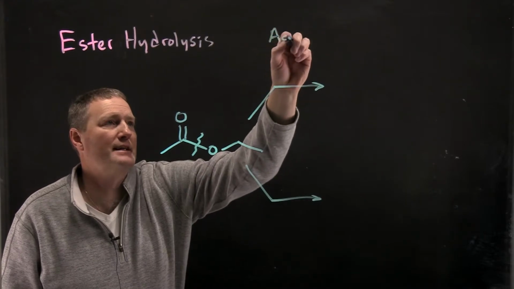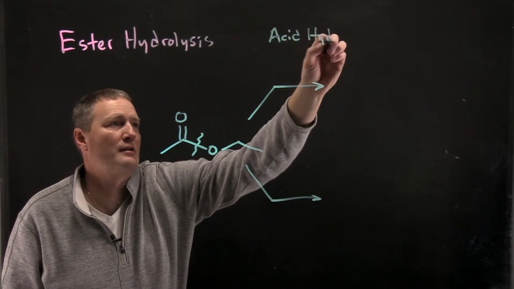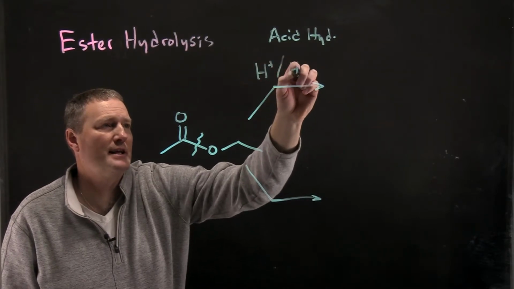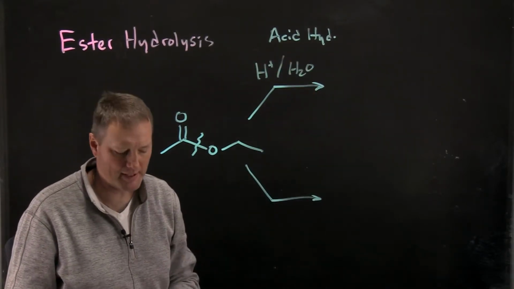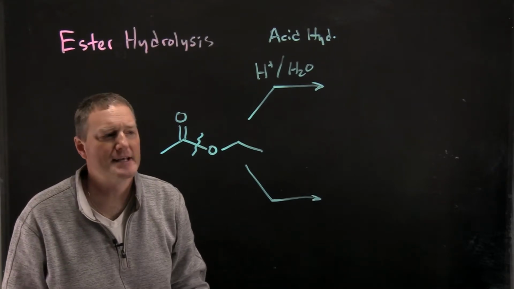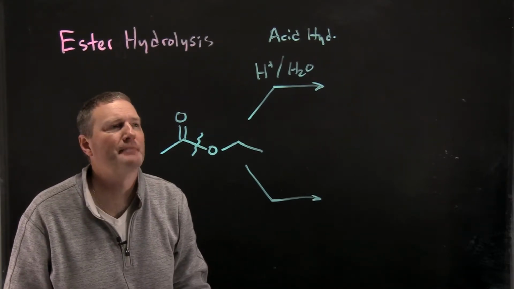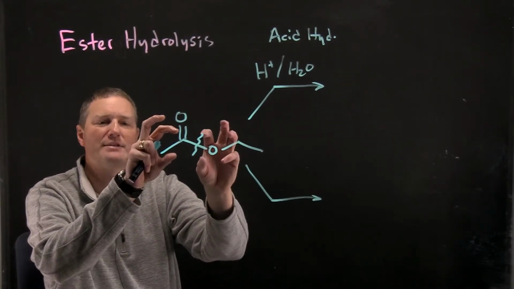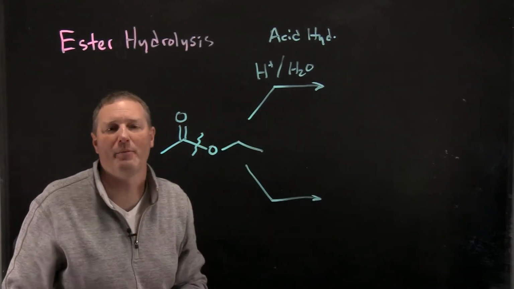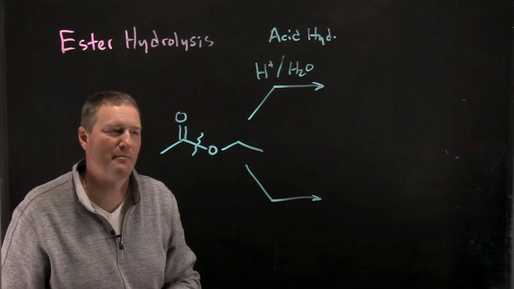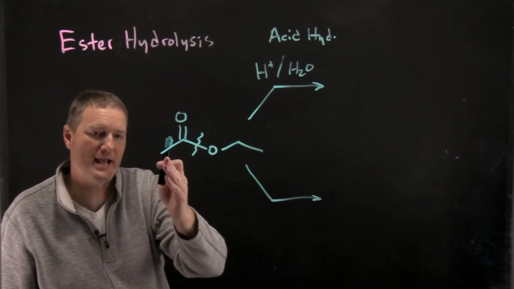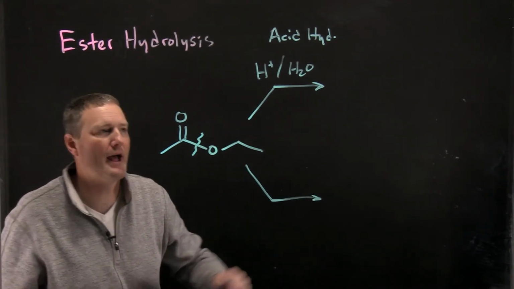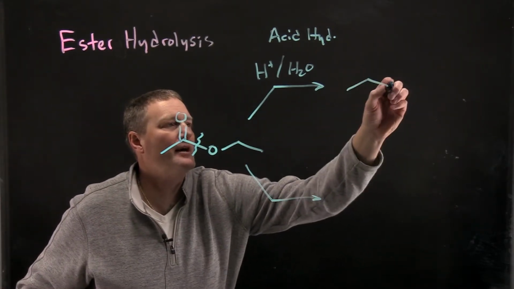So let's do acid hydrolysis. Usually the reagents would be listed as H+ in the presence of water. The acid catalyst is often sulfuric acid, but it doesn't have to be sulfuric acid. So let's look at what the products would be. Envision taking the two halves of your ester molecule and breaking them apart into the two parent compounds. This half on the left side will be the carboxylic acid half, and the right side would be the alcohol half. So the products now become